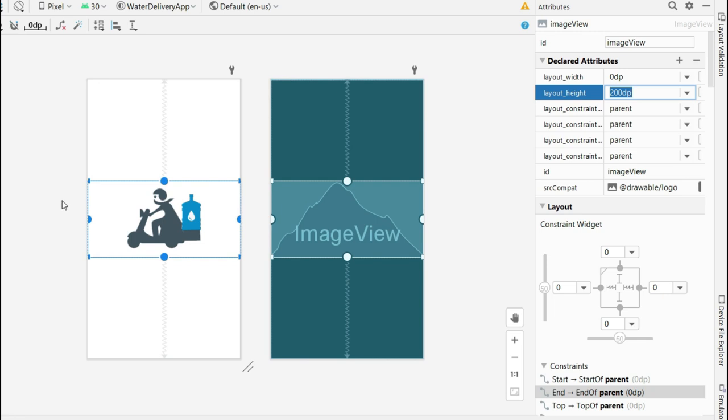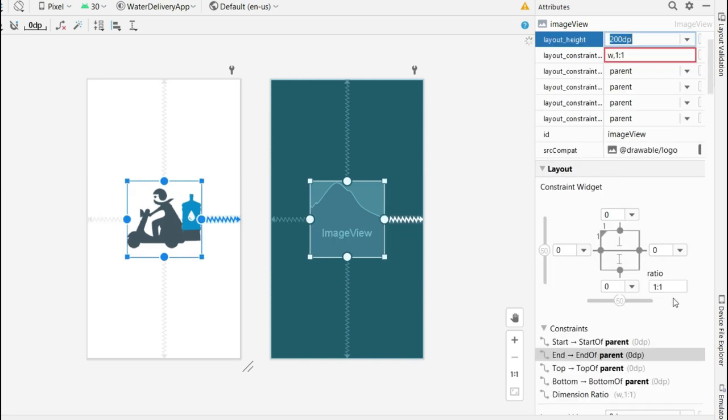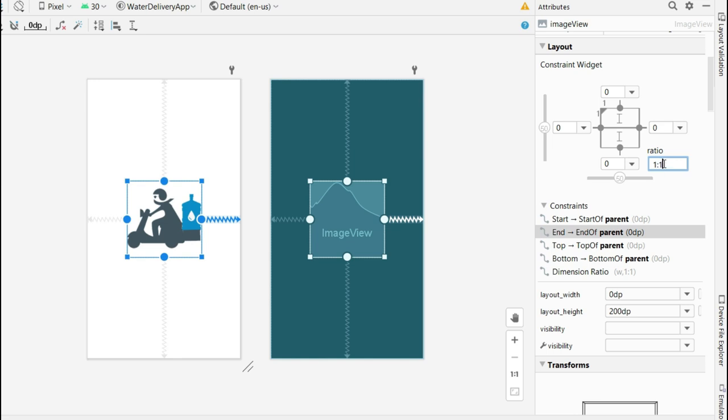Now it will expand according to the screen while keeping the aspect ratio. From the constraint widget, let's click on the left top edge, and you can see here its aspect ratio has been set.